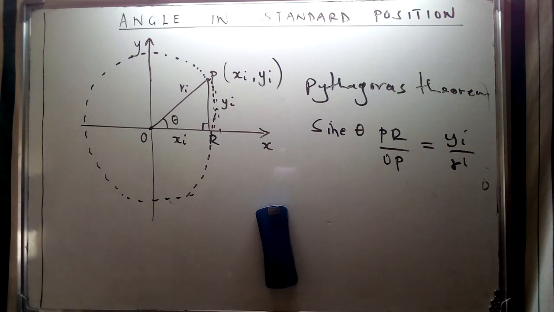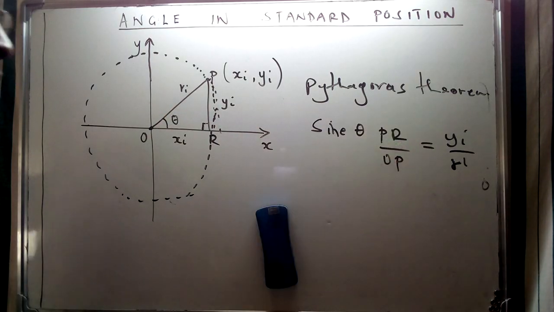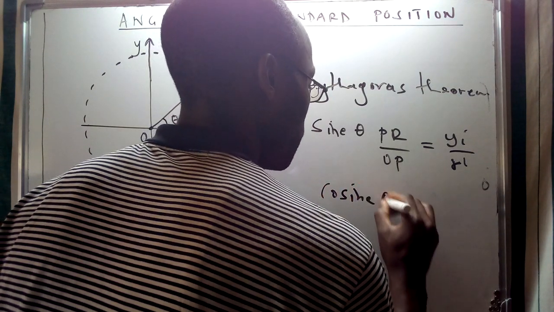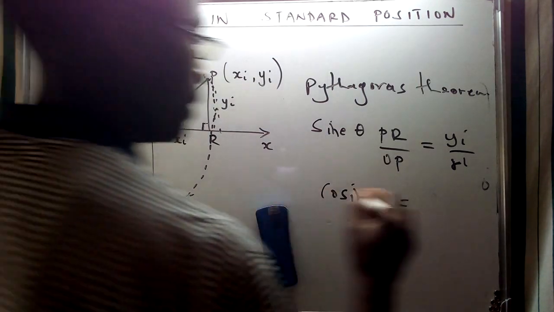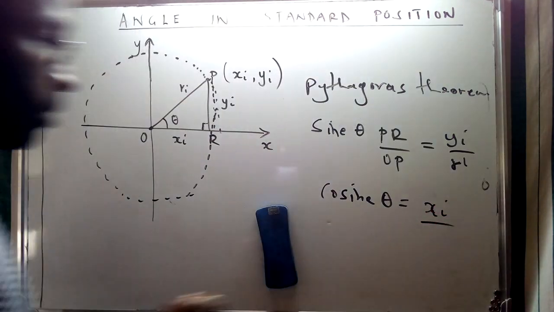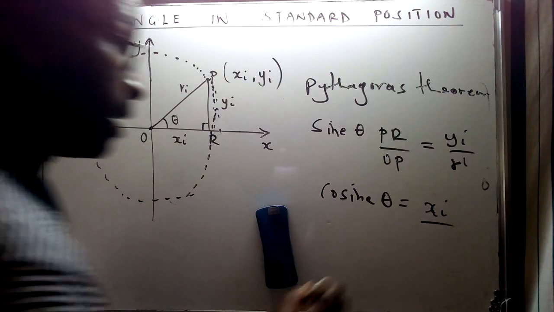So we can define the sine of this specific angle as PR over OP, and then we can define the cosine of this angle theta as XI over RI,